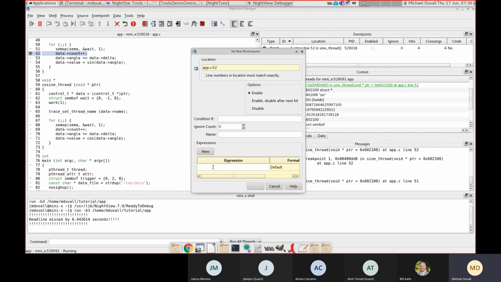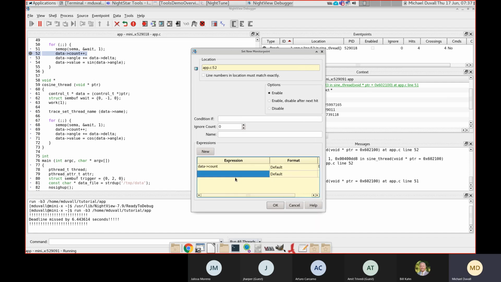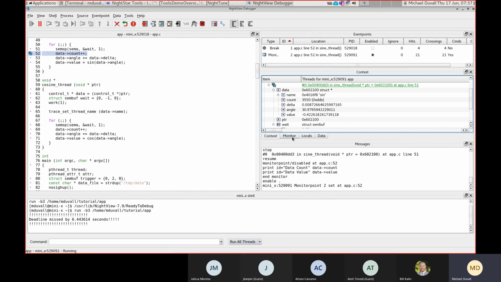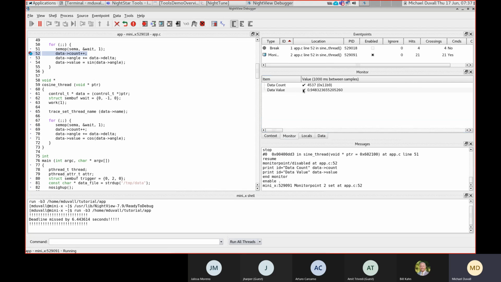So at line 52, I'm going to tell it that I want to look at data count, and we'll call it data count. And in addition to that, we're going to look at data value and give it a label too. Hit OK. And now we can see what this has actually done is while this program is running, I have